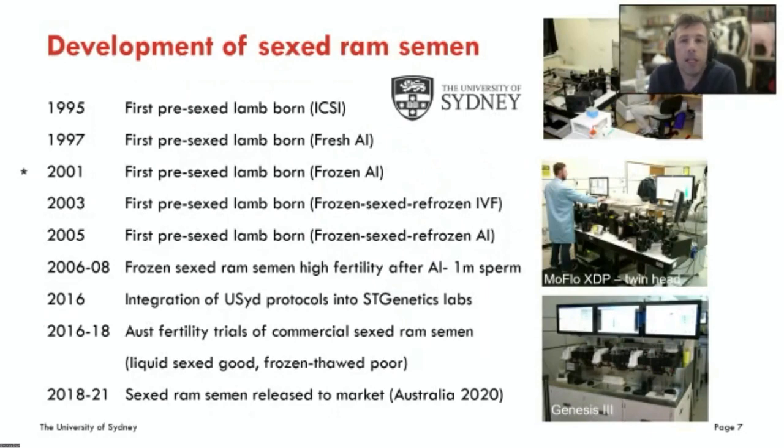So you can see in this particular slide, this is the first time we did whatever, and essentially what you're seeing is development from more intensive reproductive technologies to less intensive reproductive technologies in order to obtain a pregnancy. And you're also moving from having fresh semen to having frozen semen. We even had a period where we had frozen semen that was thawed out, sex sorted, and then refrozen, and